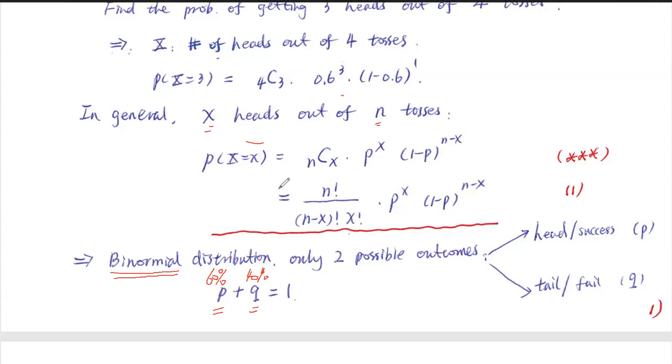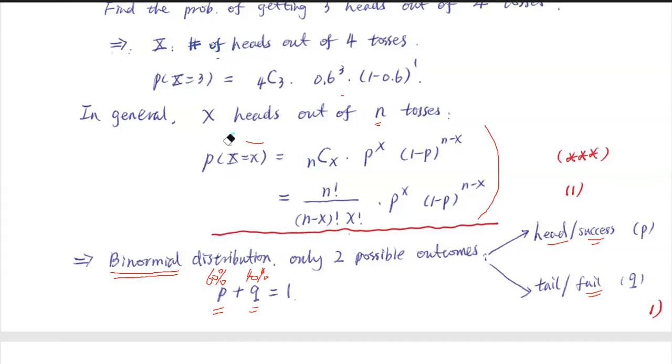Everybody, if you get a bit confused by this formula, it's temporary, okay? It's temporary okay for this formula. I'm not going to ask you to do the calculation using that formula, because that requires quite some calculation. But as long as you understand binomial distribution, you only have two possible outcomes. Could it be a head or tail, could it be a success or fail, those two possible outcomes. Now the next question is,